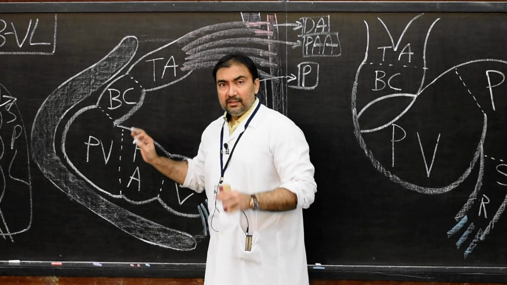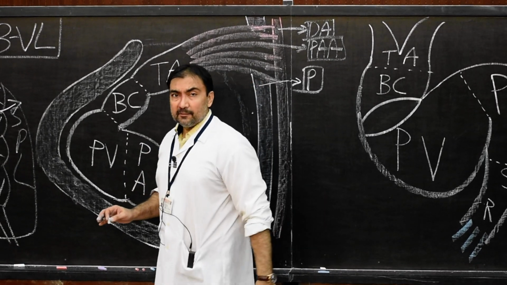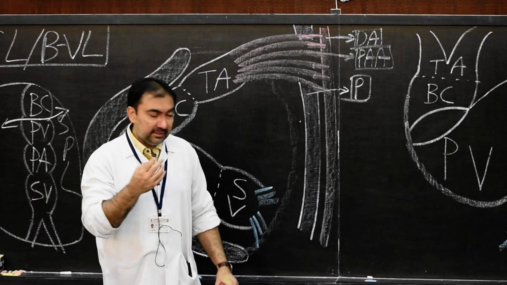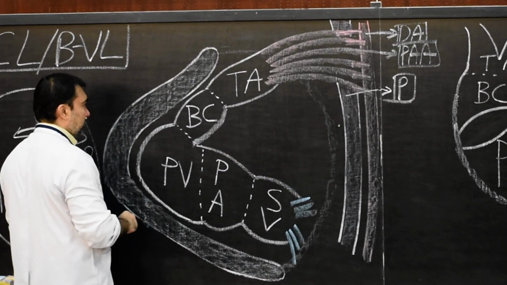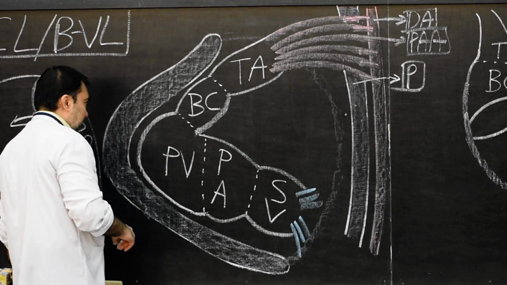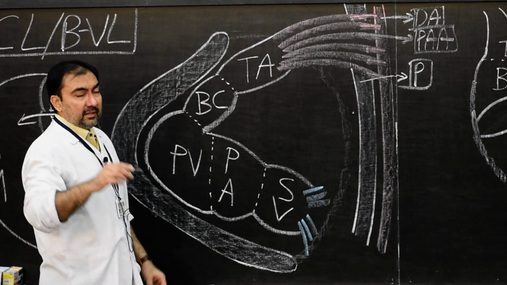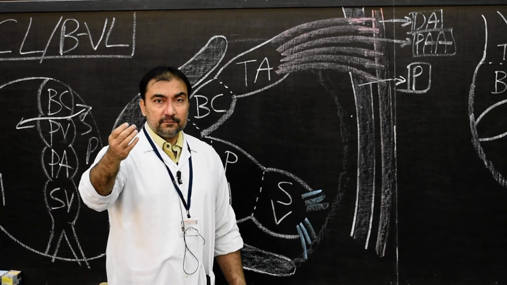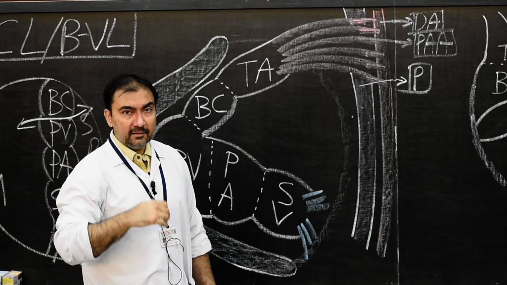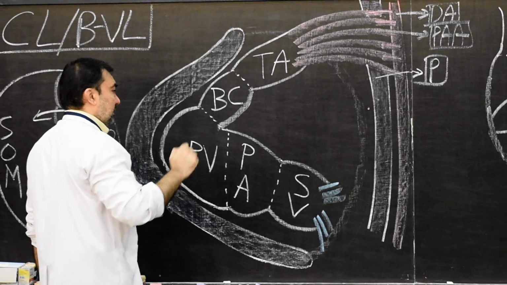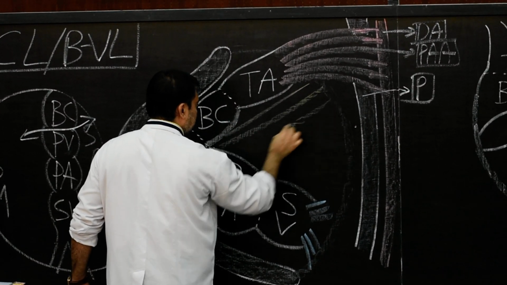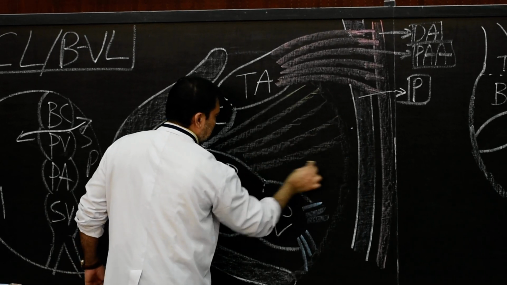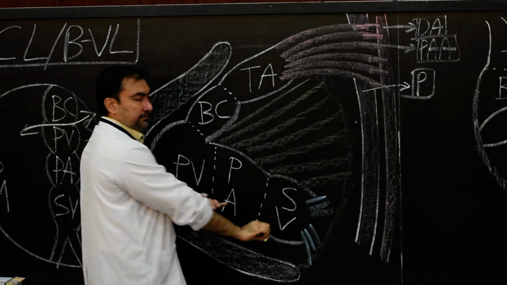Now here, the splanchnopleuric layer of intraembryonic mesoderm. Where should we draw? The splanchnopleuric layer of intraembryonic mesoderm, I use yellow color, will be located dorsal, or the roof, of the pericardial cavity. But note down, here we are going to draw this layer and we are going to leave it like this.